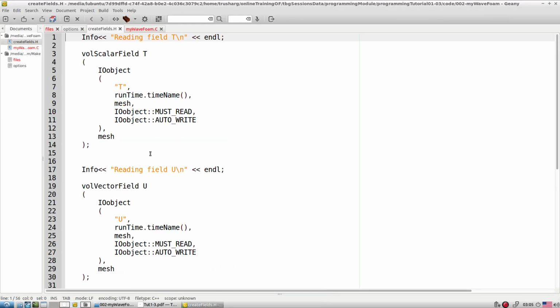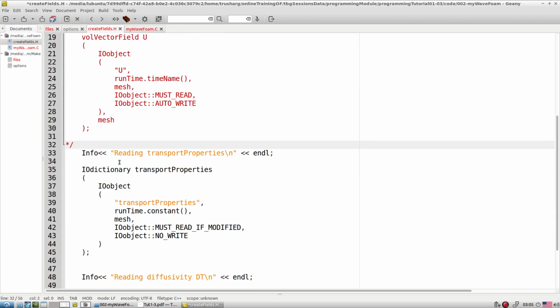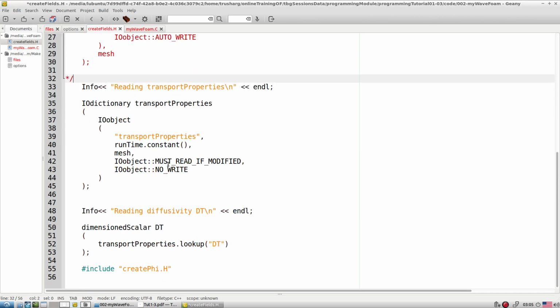Now here is our temperature, perfectly all right. We don't have any velocity field, so we can switch off the velocity field straight away. Now from the transport property we are supposed to read the c. That is the speed of sound. We say we're going to read the c. Let's keep it as a small c only, and based on the c we define the new scalar.